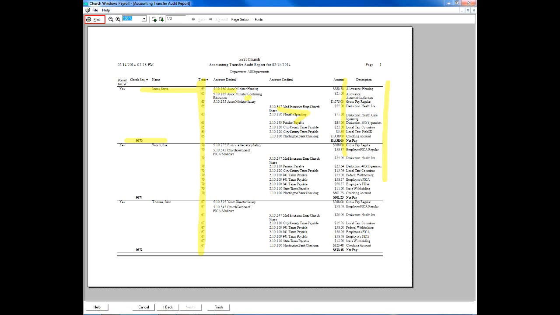Okay, the accounts that were debited and credited, what the amounts were, and what the description of the debit or credit transaction was. Okay, so I get a call on support that says, "Hey Josh, my payroll for such and such a date wasn't transferred over to accounting." I come right over here and I say, "Does this date appear in this list? And if it does, does it say posted to CW? And if so, let's print out this report, go over and look and see if those transactions are showing up in the general ledger or in our transactions in accounting." Okay,